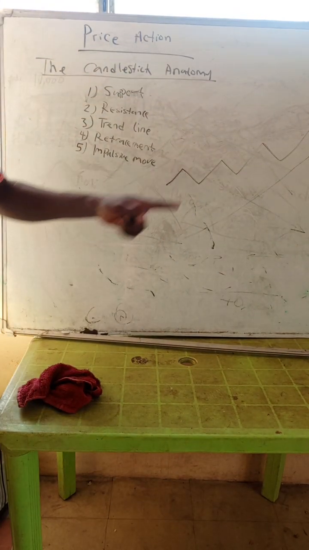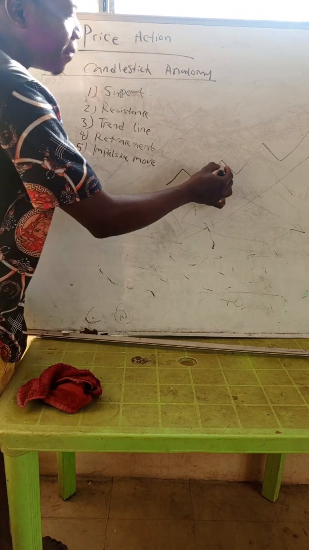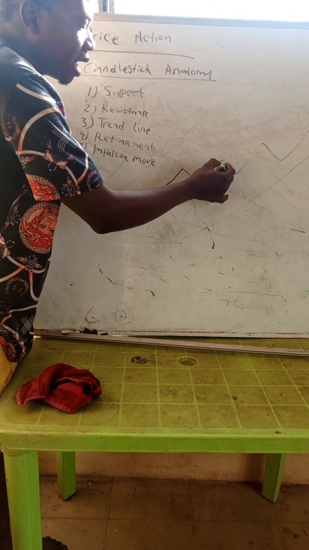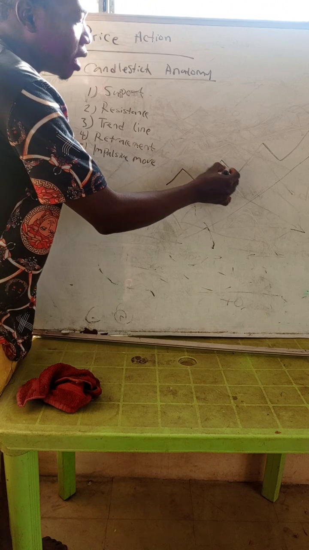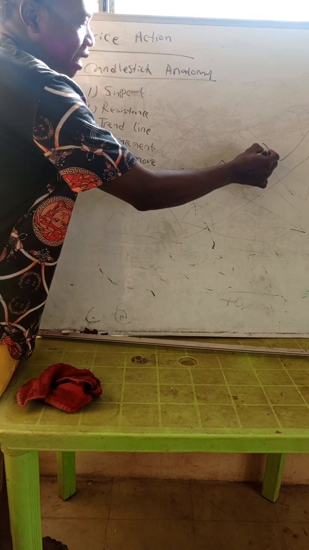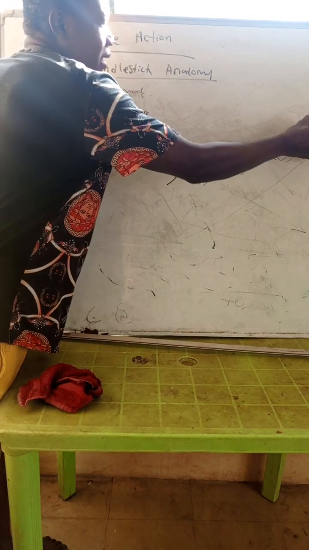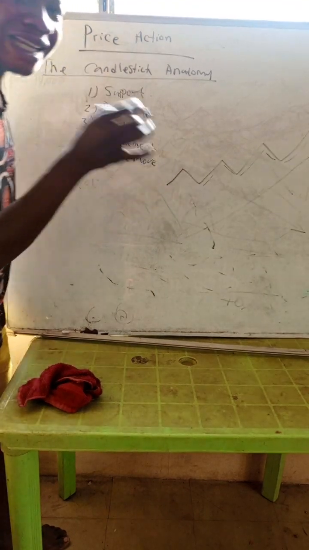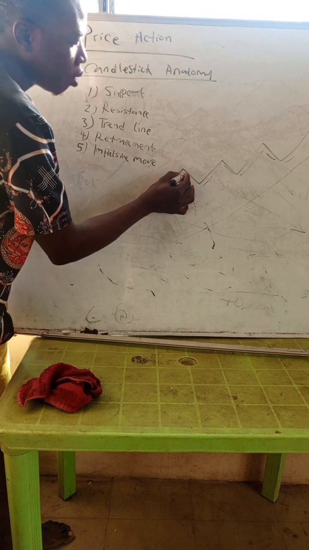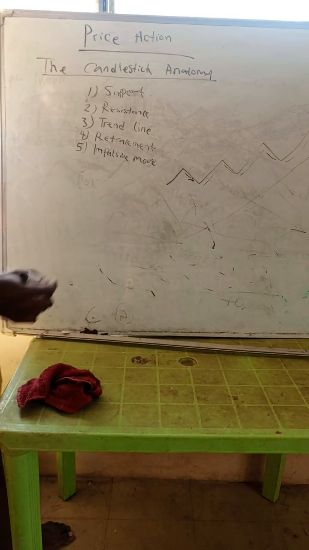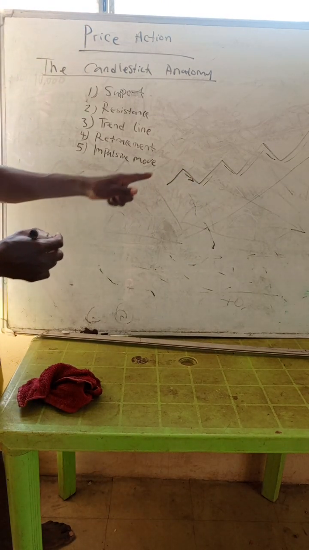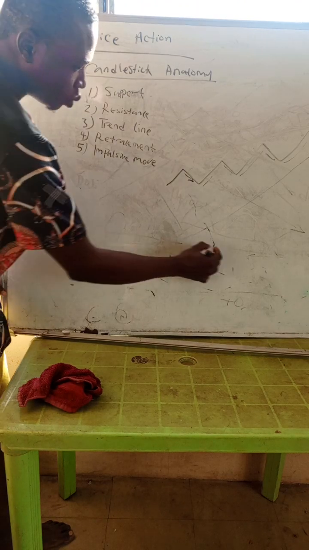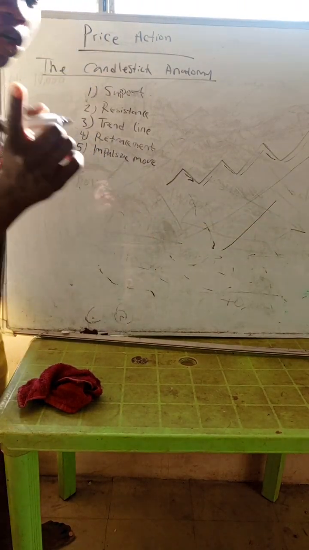If you look, the ups are bigger than the downs. If you measure this line here, it is greater than this one here. This one is greater than this one, and this one is greater than the one that will be retracing down again. So the retracement is simply the point where the market came down a little. That's the retracement. The market is going up, yes, but it will make some retracements.